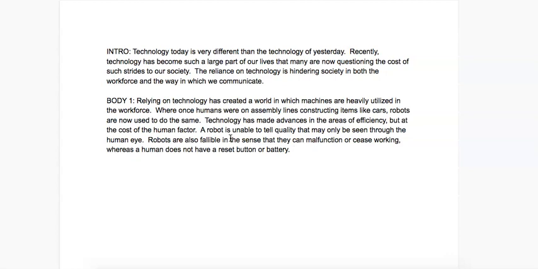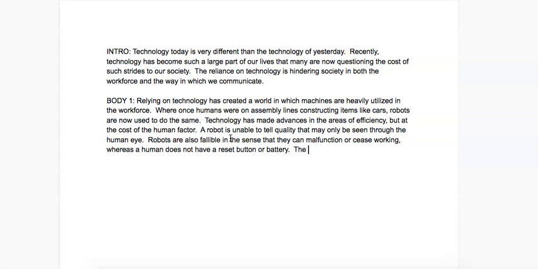So in the sense I'm saying that robots are hurting our manufacturing assembly lines more than helping, that the quality is potentially down, even though efficiency might be up. But then calling into efficiency, because I'm saying that the robots malfunction and sometimes they just stop working, and humans don't necessarily do that on a regular basis.